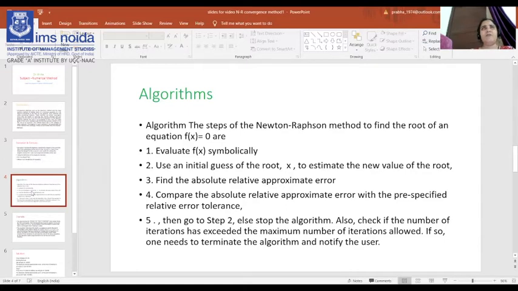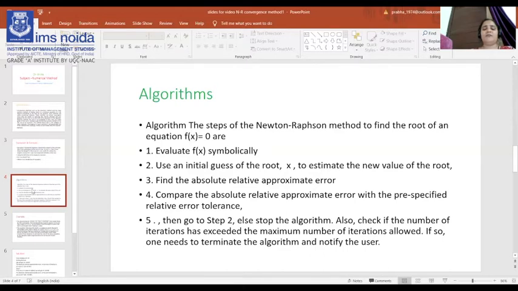You have to assume x equals root 15. Then squaring both sides, x square equals 15. x square minus 15 equals 0. Now the equation, whatever you call it f(x), is f(x) equals x square minus 15 equals 0. So the algorithm says: evaluate f(x) symbolically, use an initial guess, that is x0, and find the absolute